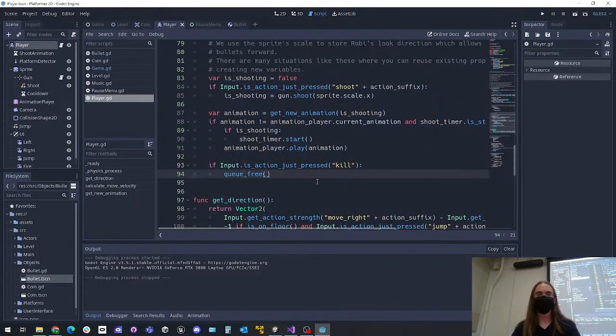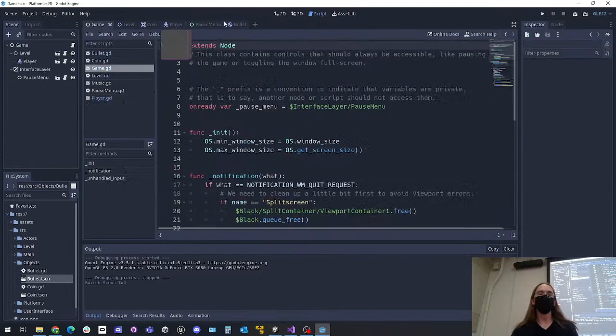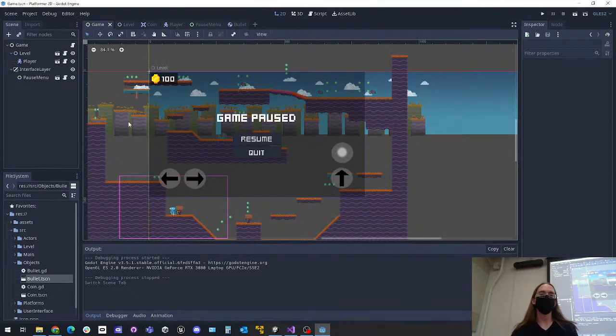Oh, I know. And now we're soft locked. Yep, and now you're soft locked because the player is gone. Perhaps then we can add a spawn point. Perhaps so. But what I was planning to do is, from here, we're actually not going to continue on the